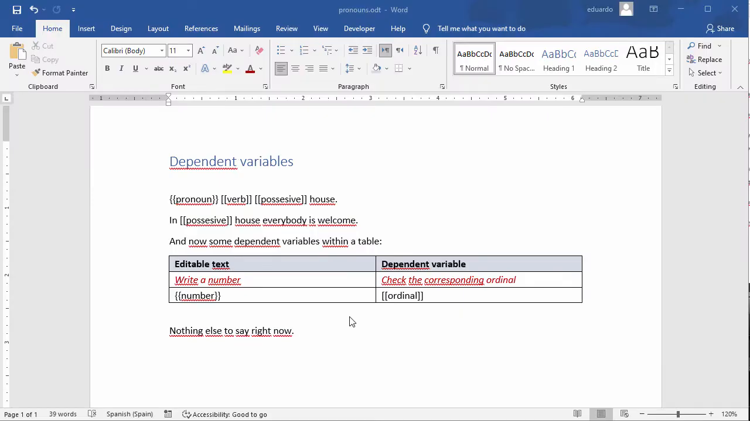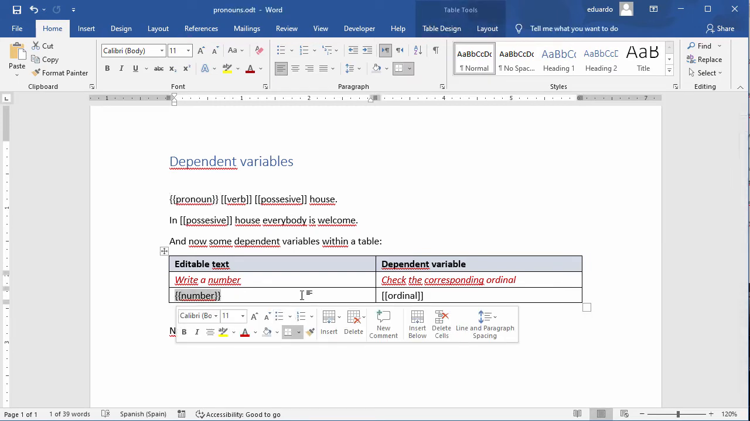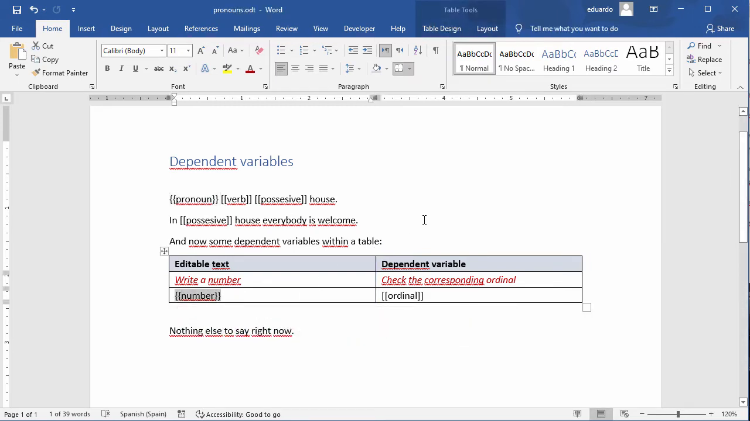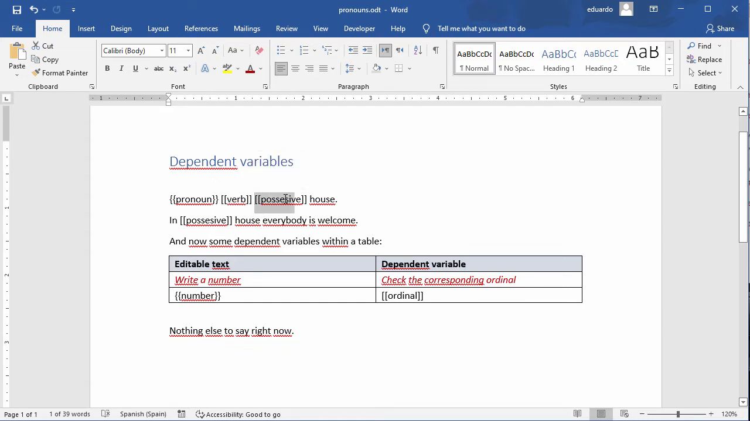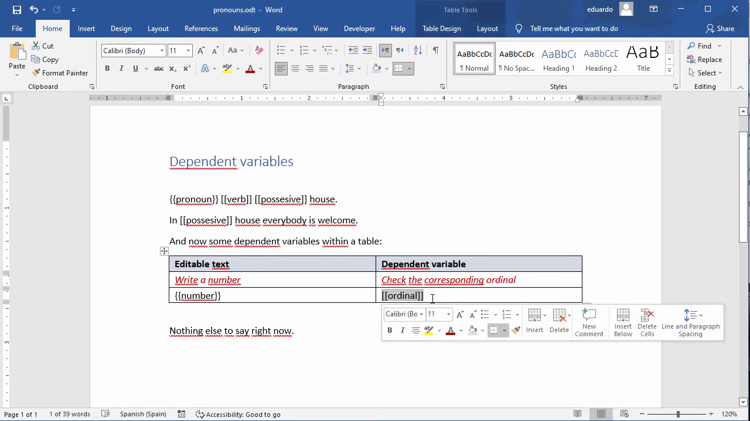Like always, we start with a plain Word document where we have to tag the interactive fields. In this example, we have included two standard variables or fields which are surrounded by double curly brackets, pronoun and number. But we have also included so-called special variables which are surrounded by double square brackets, in this particular case, verb, possessive and ordinal. We upload the document to Docxpresso as usual, and we may start the parametrization to achieve